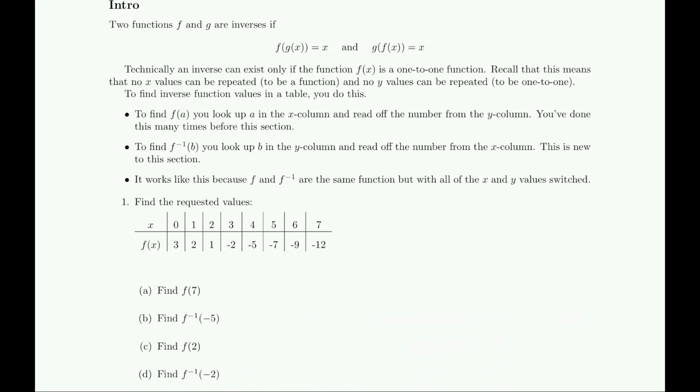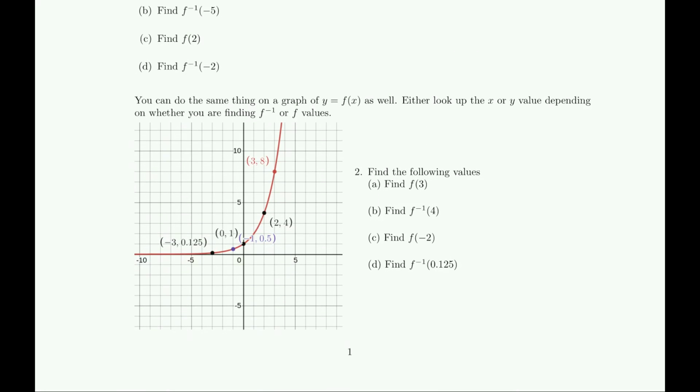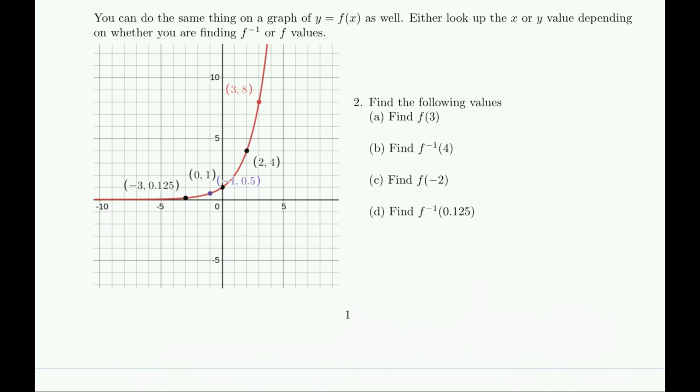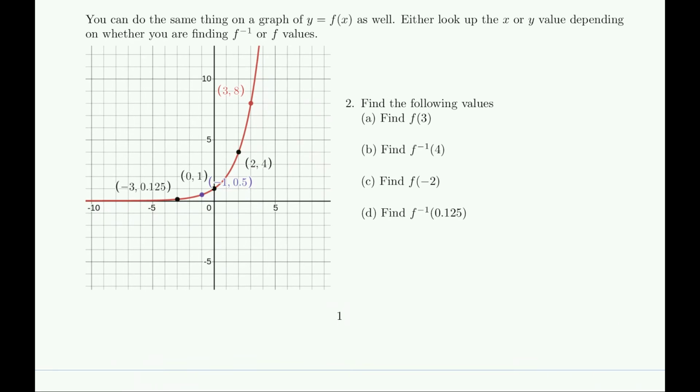So this looks pretty similar, but this is actually a slightly different document. Let's just do what we just did, but for a different graph here. So just to remind ourselves, also, I remember there's a typo on here. So this needs to be 3. Okay. So if we're going to find some f and f inverse values from this graph, again, you just have to remember x's and y's, right? So to find f of 3, we know that the 3 is an x because it's f.